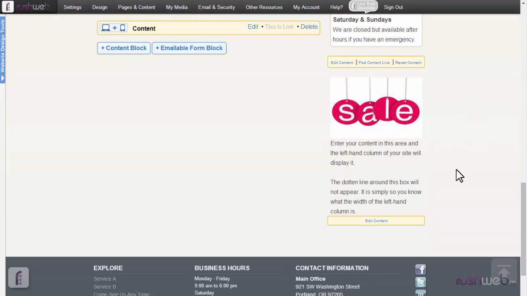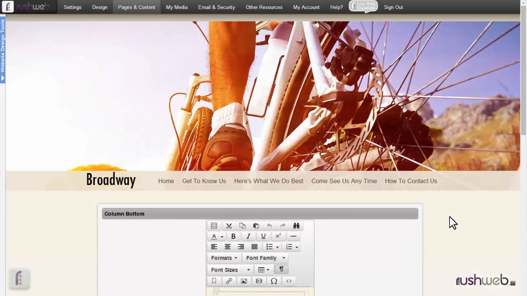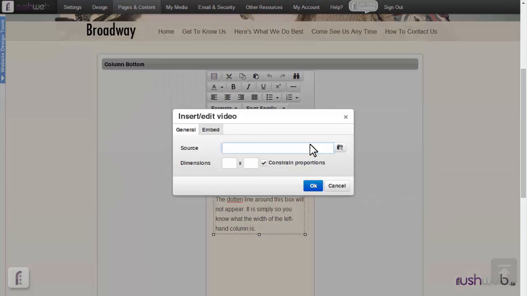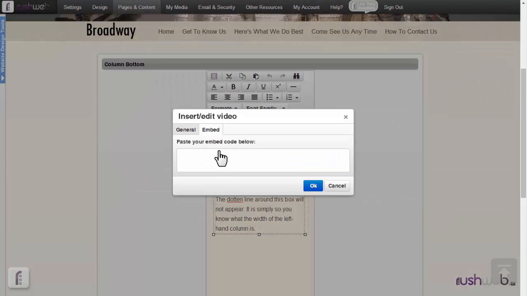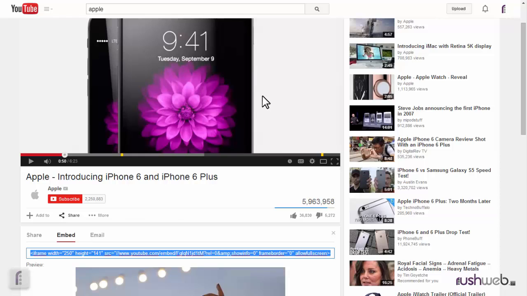Okay, and then the last thing is you can add videos just like you can in the pages. You can add videos to the right hand side here. So let's say we wanted to edit the content in this section and we want to throw a little video clip in there. Very simple to do. We'll just put it right here actually and click on the little video, insert video icon here, and then click on the embed tab, and we're going to embed some code from a video that we pulled up here